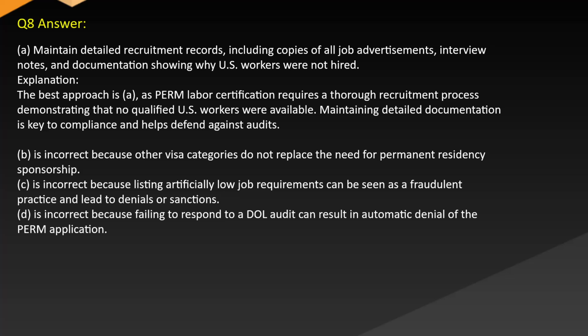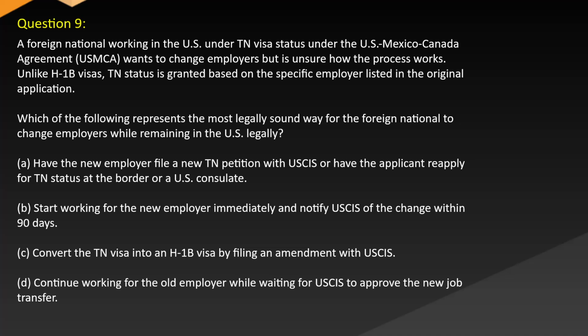PERM application. Question 9. A foreign national working in the U.S. under TN visa status under the U.S.-Mexico-Canada Agreement, USMCA, wants to change employers but is unsure how the process works. Unlike H-1 visas, TN status is granted based on the specific employer listed in the original application. Which of the following represents the most legally sound way for the foreign national to change employers while remaining in the U.S. legally? A. Have the new employer file a new TN petition with USCIS or have the applicant reapply